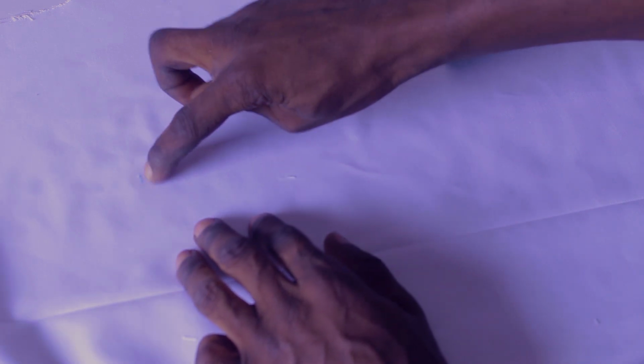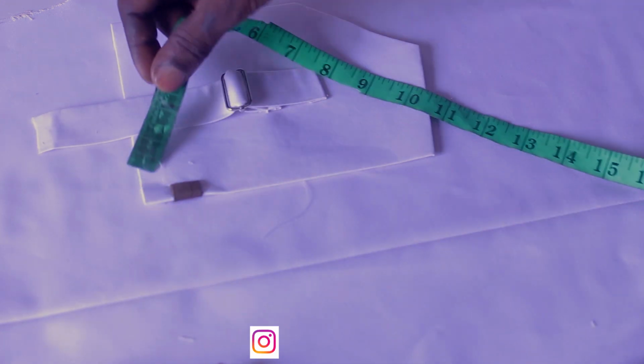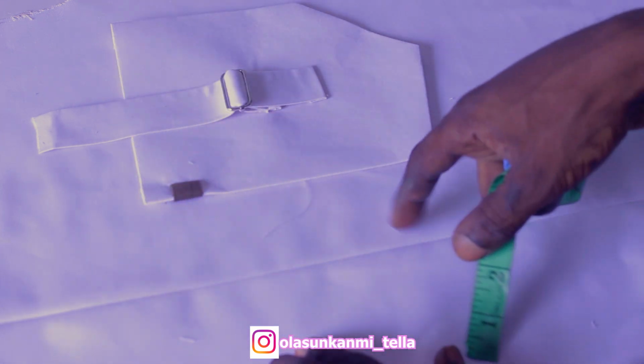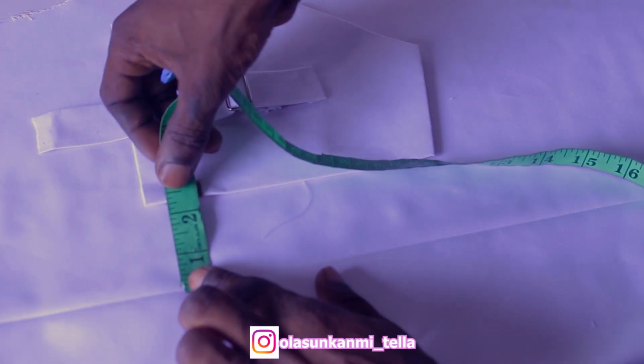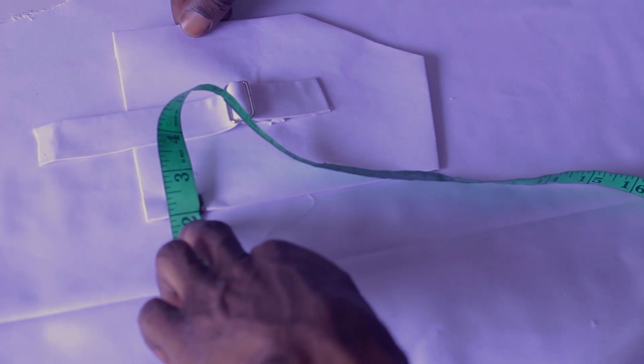So let me zoom in here. It's always between 9 inches, 9.5 or 10 inches for an adult. If it's a tall person that uses a trouser length of 40 plus, go for 42, 43, go for 10 inches. So between your gaiters, which is your center point of your chest, I usually go between 2 inches